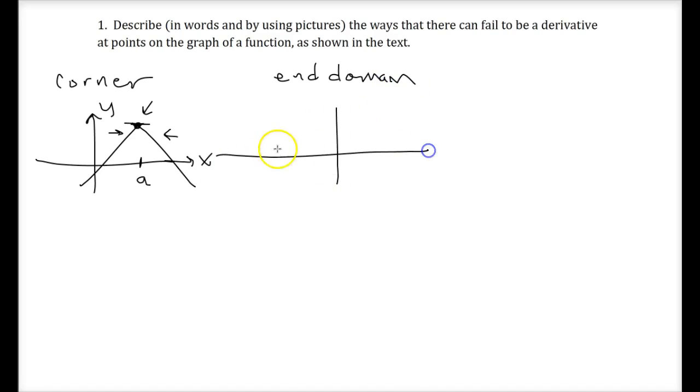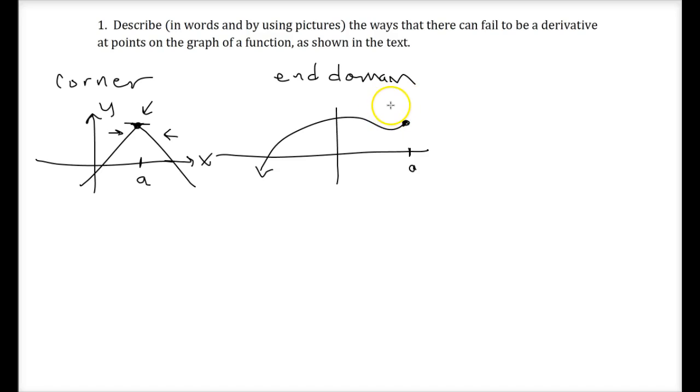And so for that one, this will be something simple like here. And I'll just put some value x equals a there. So in this case, do you remember how we talked about the limit of some function as x approaches a has to be the same as the limit from the left as it is the same as the limit from the right? So in this case, the problem is when we're trying to take the limit of the difference quotient,